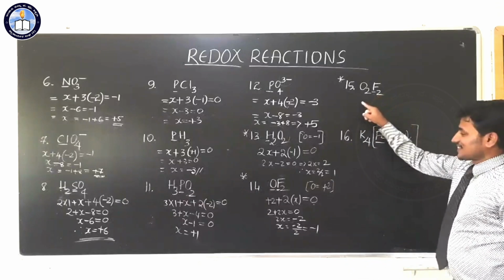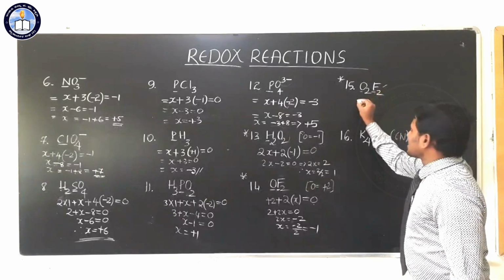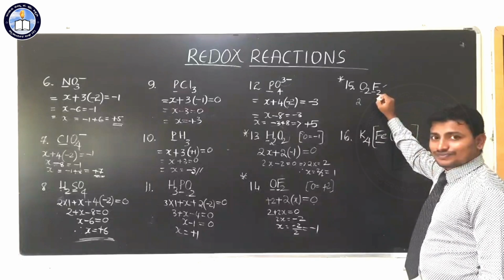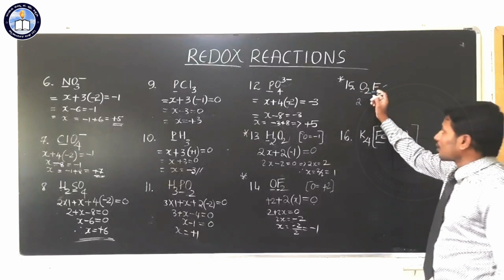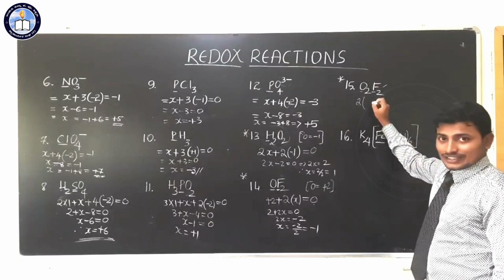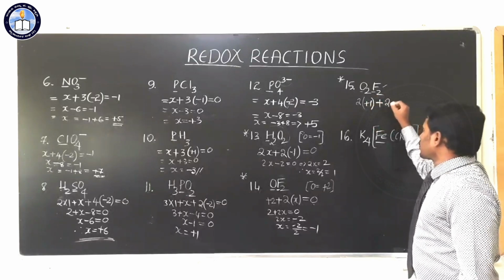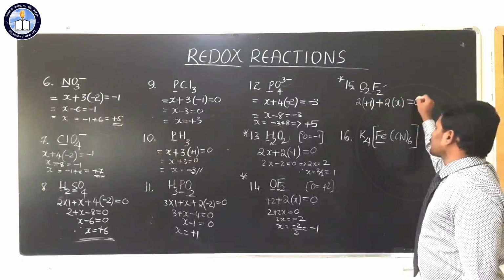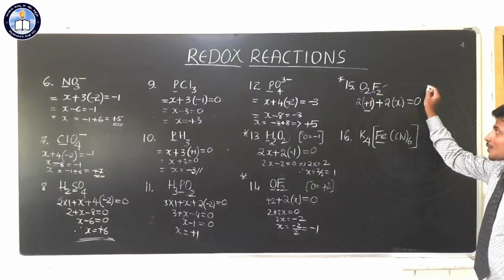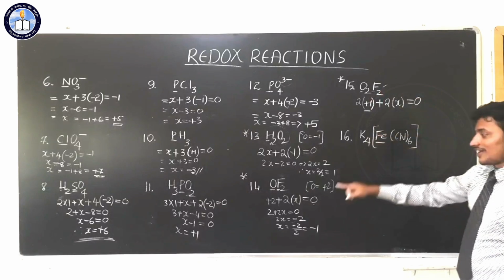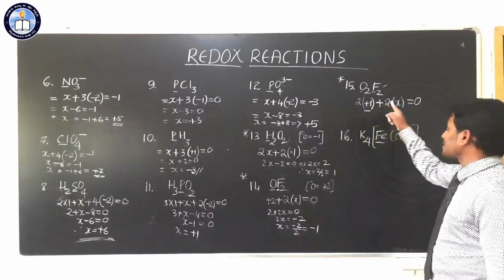What about in this case? Can you tell me? In this case, what happens? Oxygen, that is 2 oxygen atoms are there. This oxygen formed bond with F, fluorine, right? Therefore, the value of this one is taken as +1 plus 2 into X equal to 0. Remember, in this kind of molecules, the oxygen value changes to +1. Here we have to take +2, and in this case it is +1.